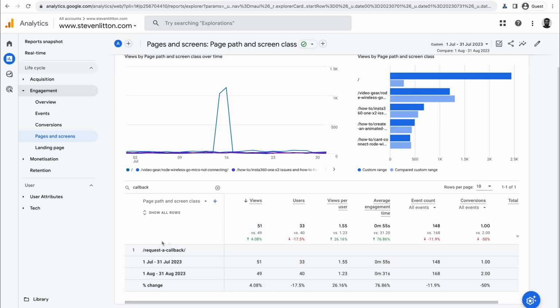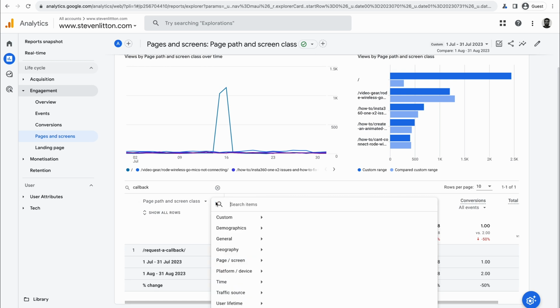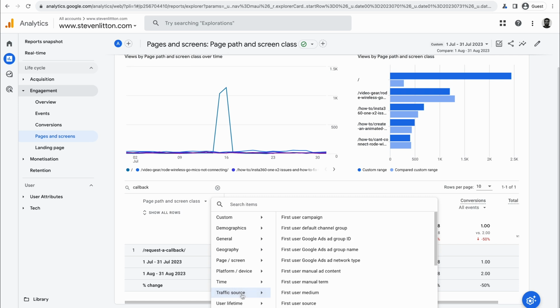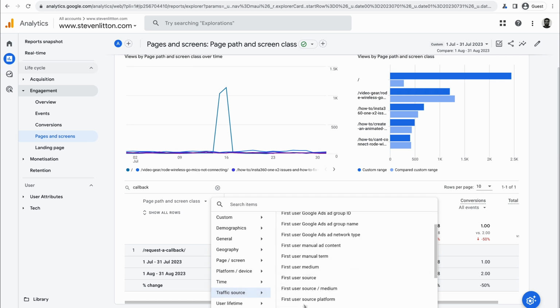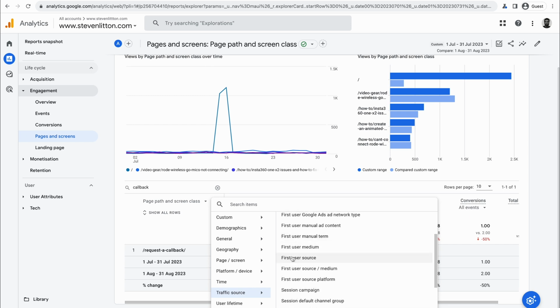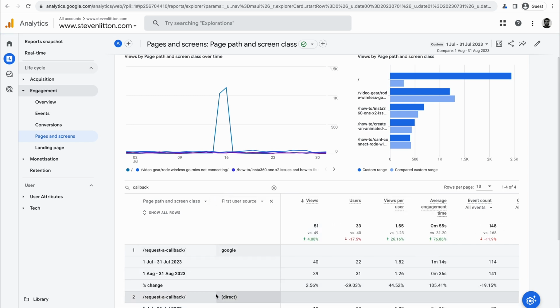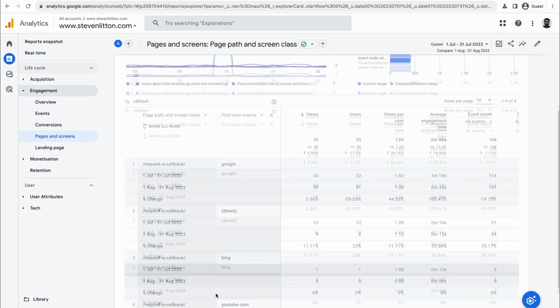You can drill it down to a specific page. You can look at this, and where this little cross is here, you can actually jump in and you can do things like, no, sorry, it's not a referrer. You can do traffic source. So you'll be able to do things like the first user source, for example. And that should bring in